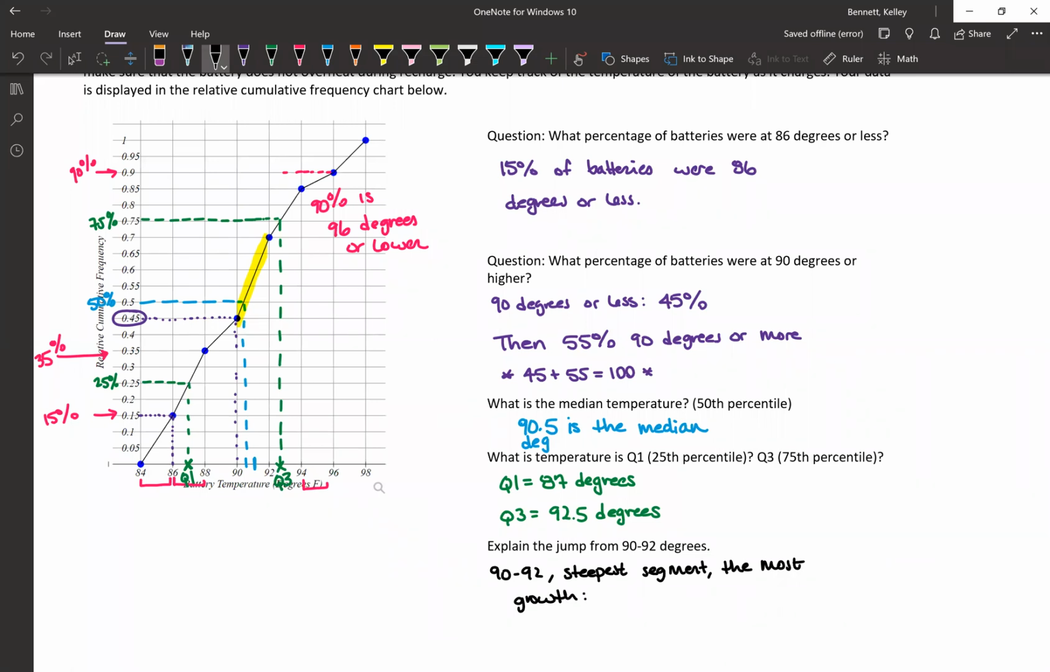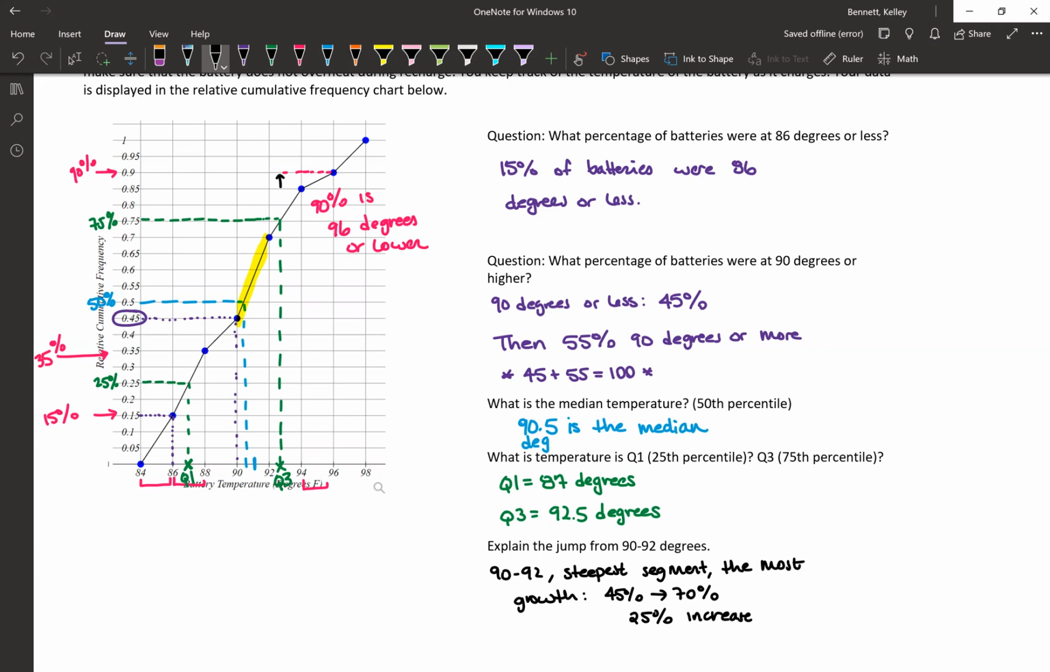it went from 45% to 70%. So that accounts for a 25% increase. And that's the most increase from any one blue dot to the next. Similarly, if you had a very shallow segment, like say perhaps from 94 to 96, that's going to represent the least amount of growth. So you can see here from 94 to 96 on the chart, you're just going up